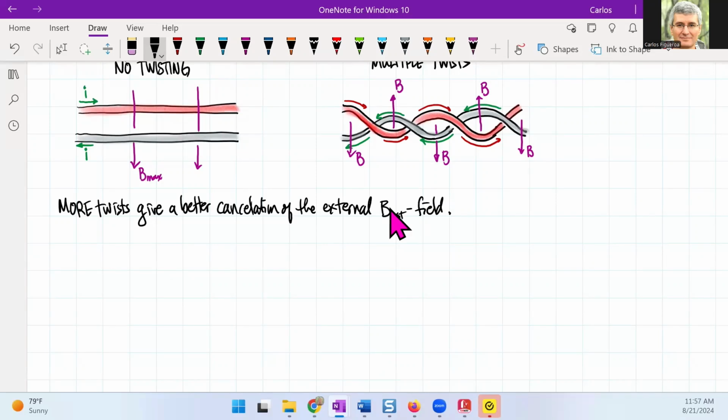And so what you're finding here is that over the length, the net field,